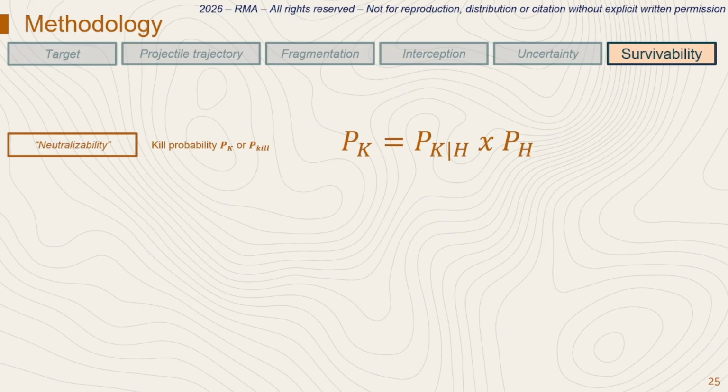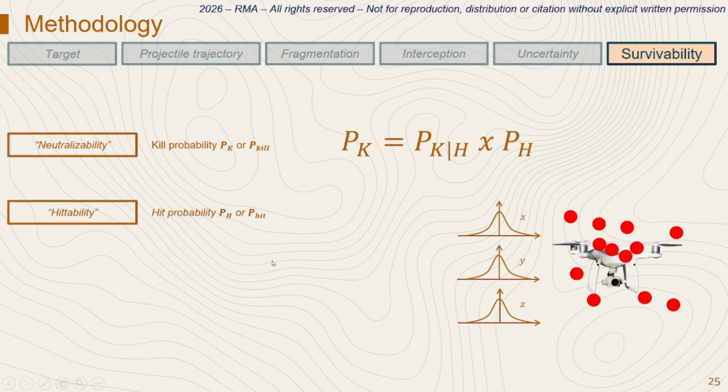And in its most fundamental form, it is composed of two other probabilities, namely the hit probability, which quantifies the hitability, so to speak,